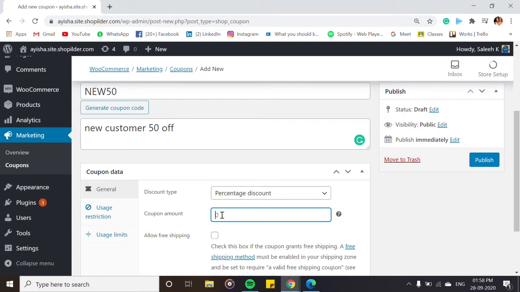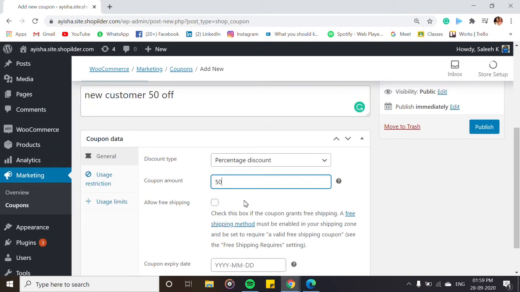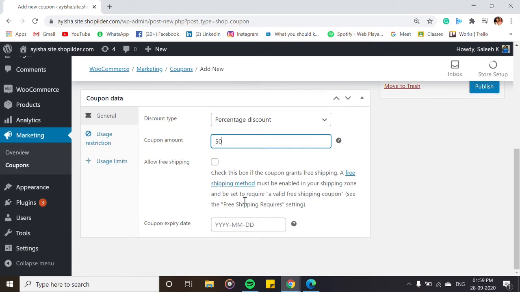If 50 percent is applied to a 1,000 rupee purchase and it reduces to 500, then it's not a good deal. So you need to set a minimum amount for your customers.